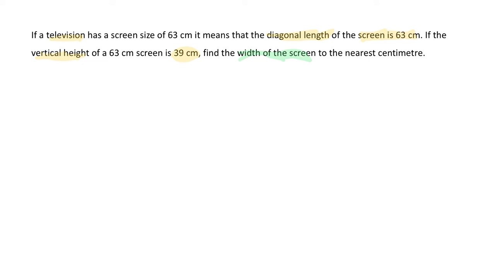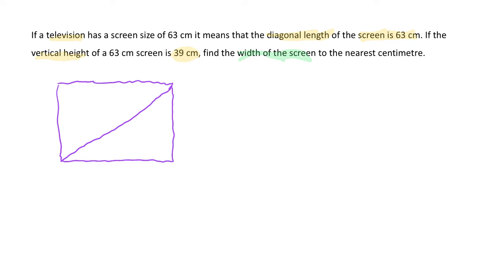So after reading the question, the first thing I should do is draw a diagram. So the question is talking about a television, and a television is going to be in the shape of a rectangle. So I can start off by drawing a rectangle, and then I can add in the piece of information that says the diagonal is 63 centimeters. So I can draw in my diagonal that I know is going to be 63 centimeters. I also know the height is going to be 39 centimeters, and it's asking me to calculate the width of